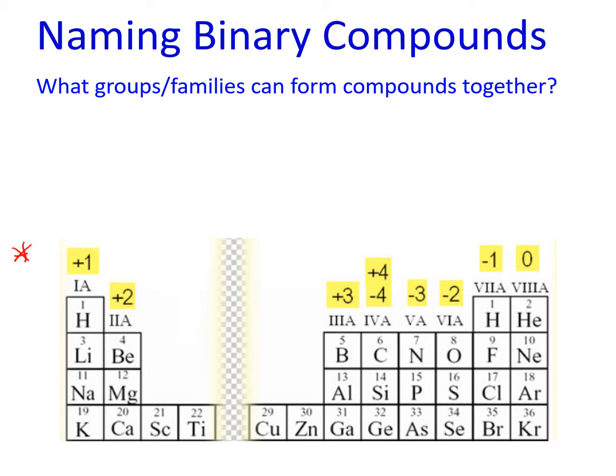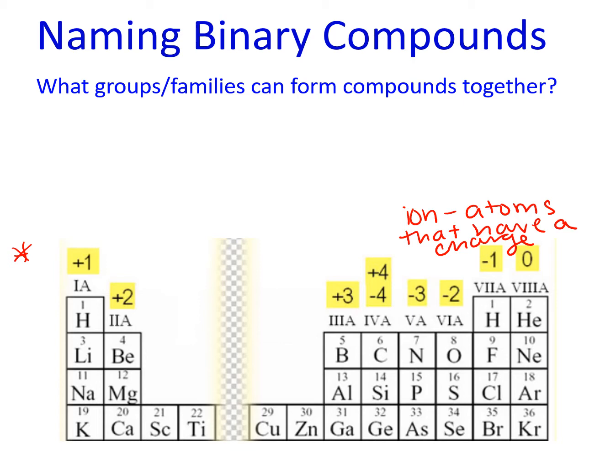your periodic table. So we see that in group 1, we have a +1 charge when it forms an ion. Remember, ions are atoms that have a charge. And so the charges that we've written above the periodic table are going to be the charges that the atoms in that group or that family take on when they form an ion. So group 1 is going to form positive ions with a charge of +1. Group 2 is going to form positive ions with a charge of +2, and so forth across the periodic table,